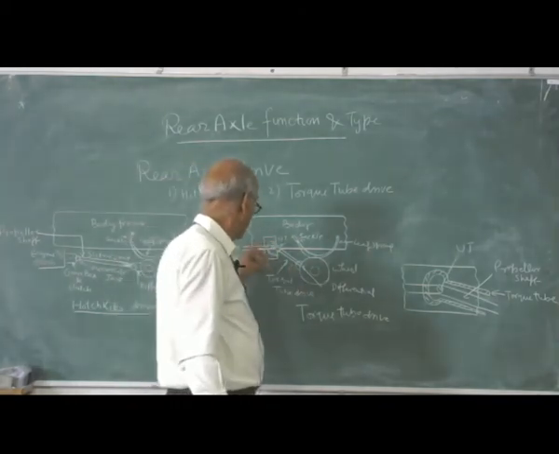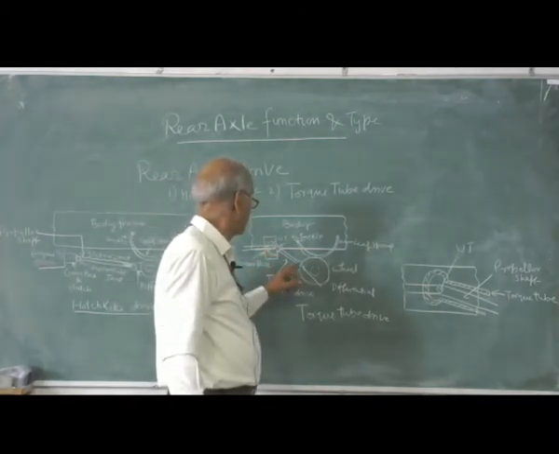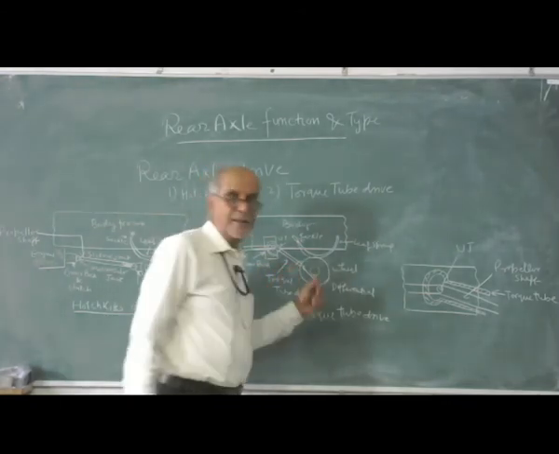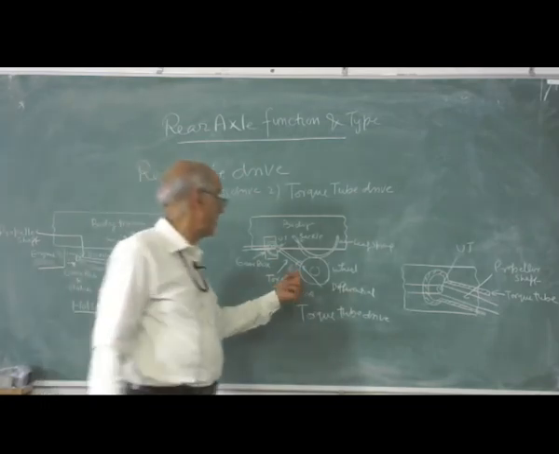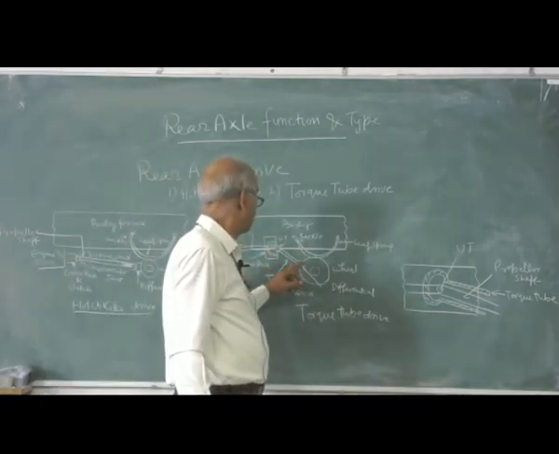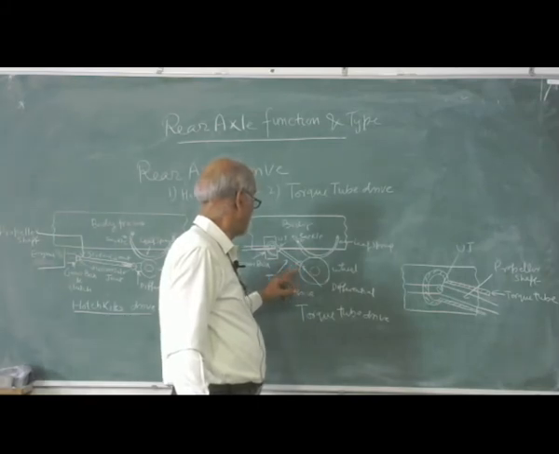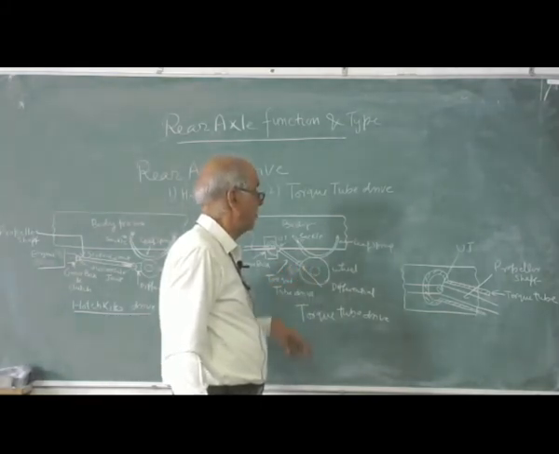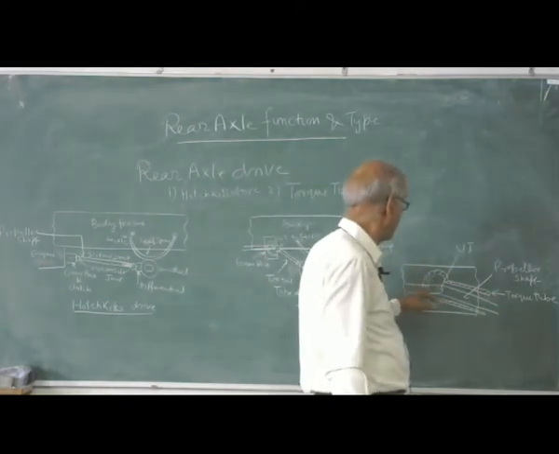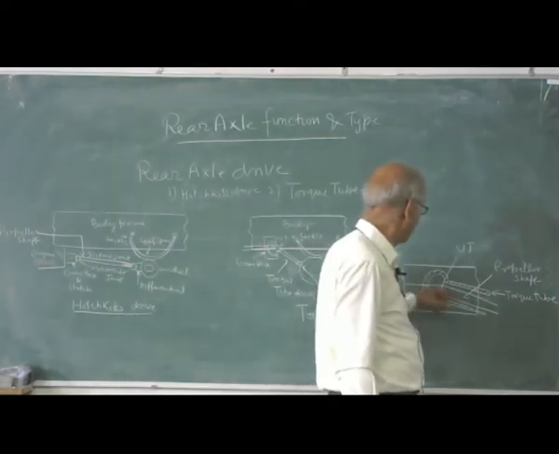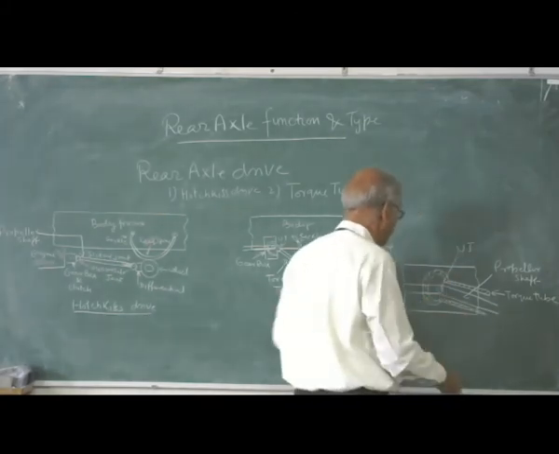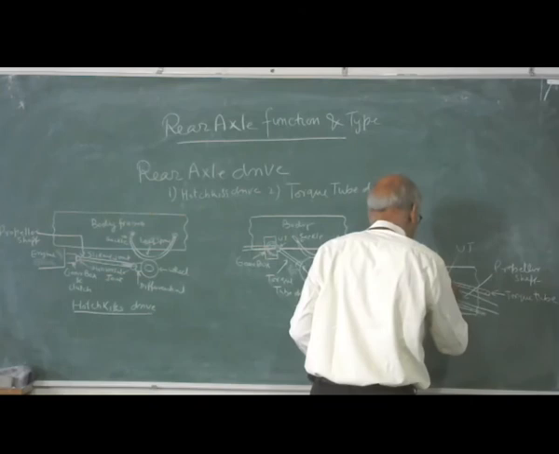Then it is a torque tube drive. Torque tube is there, and this torque tube is directly connected to the differential. There is no universal joint over here. So, from this, the power comes to the differential, and from differential to the wheel. Now, this inside of the torque tube joint I have tried to show you over here. Power movement is like this from here to here. Universal joint is there, and this is ball and socket joint.